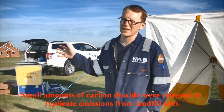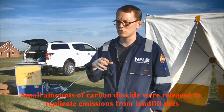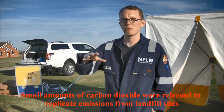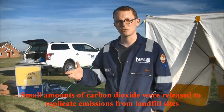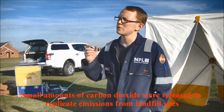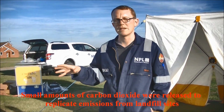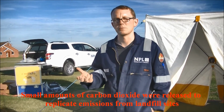This is the NPL controlled release facility. This allows us to simulate a range of emission environments. You can set out 4 points of release, and this allows us to release, in this case, carbon dioxide and methane to atmosphere to replicate a landfill scenario, so that UAVs can then test their monitoring techniques against it. You can release gas at traceable rates, and this covers small to medium-sized releases as would be found in